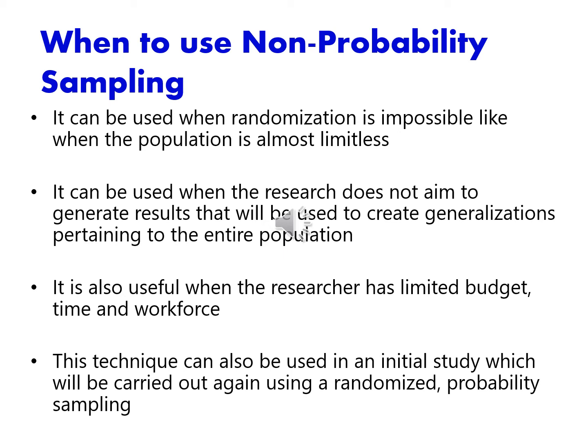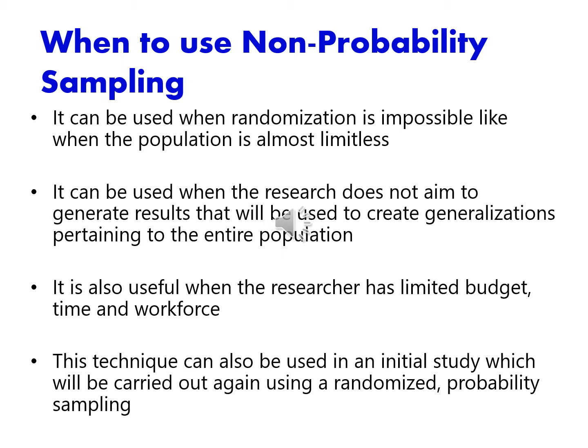So when to use non-probability sampling? It is very important to understand why and when we use it, while knowing that it does not provide equal chance to everyone to become part of the sample, and of course it's a compromised type of sampling which also decreases the validity of your study findings. But still it is considered very important and the most widely used type of sampling as compared to probability because